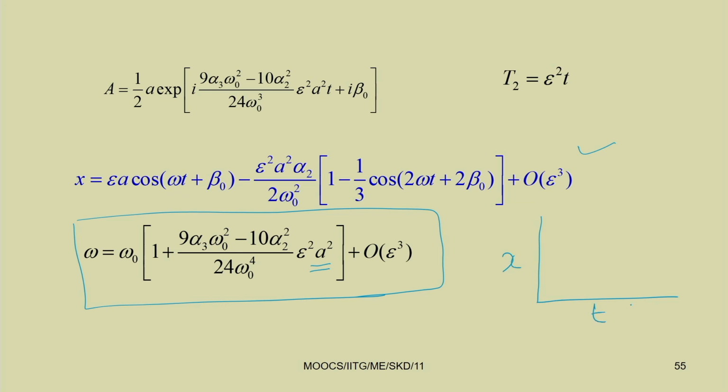So, this is an assignment to plot or find the response of free vibration of a system with quadratic and cubic nonlinearity. You can change different values of the system parameters like alpha 1 equal to omega 0 square, alpha 2 and other parameters, and you can plot different responses of the system.